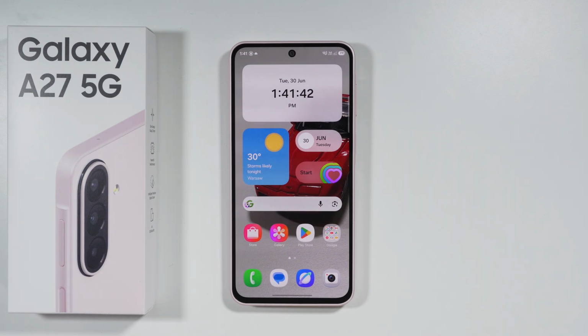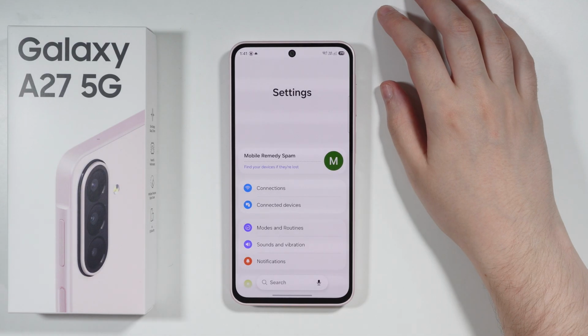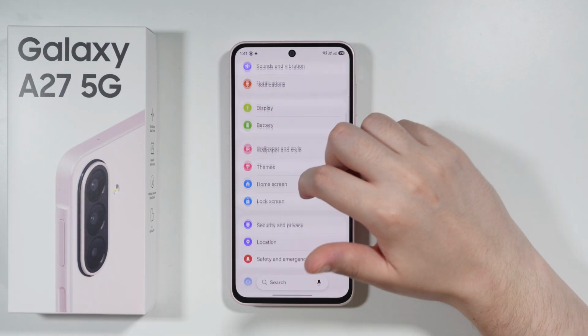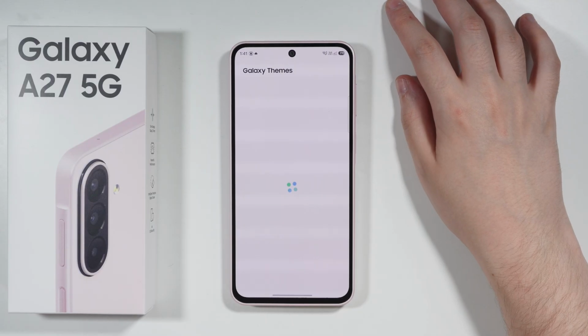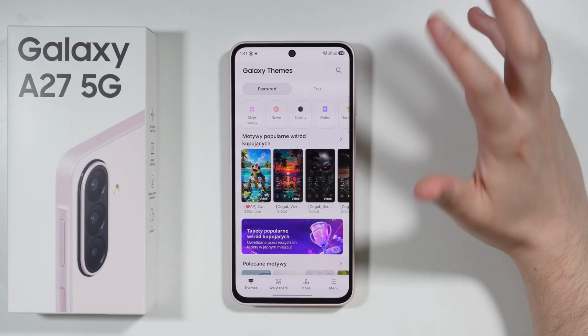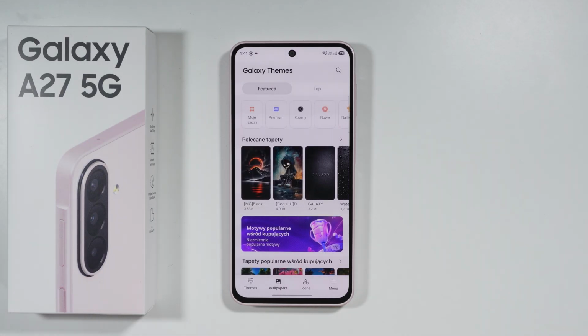If you want to download free wallpapers on the Samsung Galaxy A27, you can, for example, open Settings on your phone. Then we're gonna scroll down a little bit, and you can go to Themes. Now, this allows you to open the Galaxy Themes app. But inside the Themes app, instead of using Themes, we can just go to Wallpapers, since we are looking just